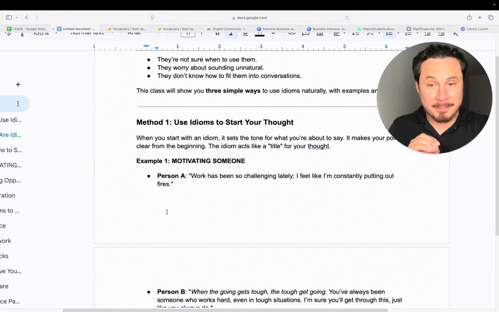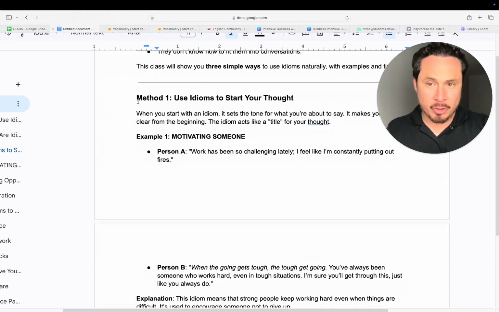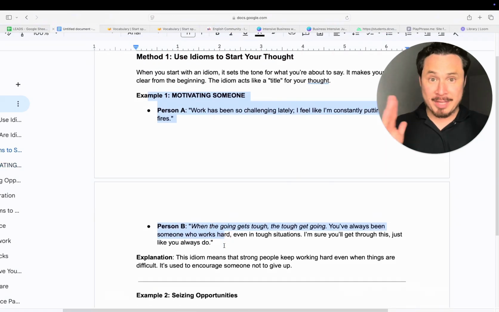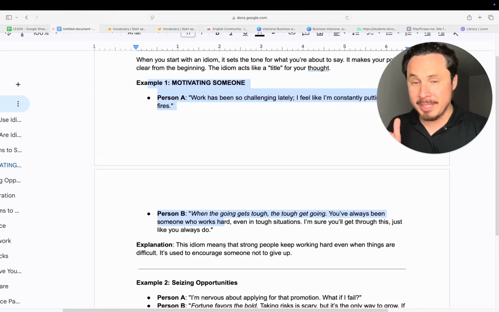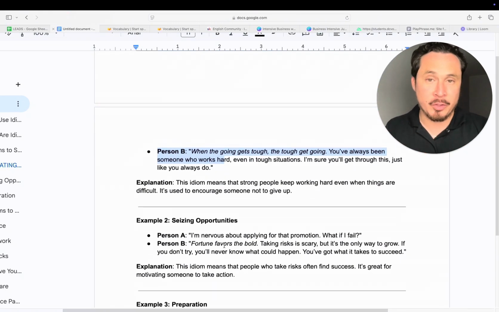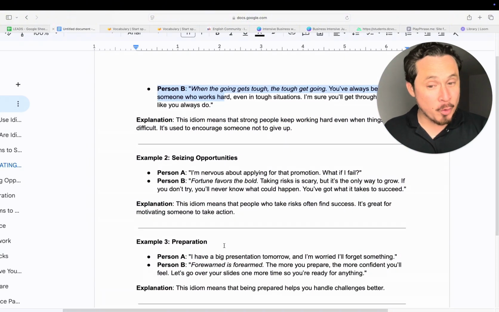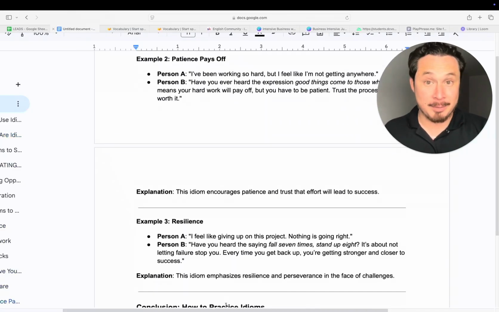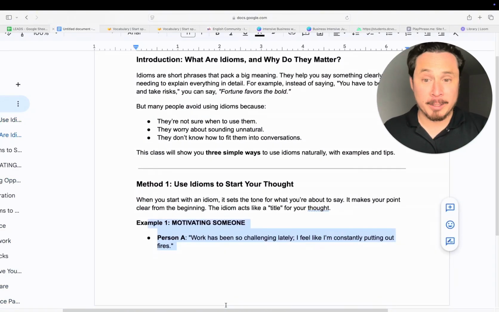Stay till the end because the last method is a secret. And I say a secret because I don't know any English course that is teaching this right now. And a brief overview, I'm going to show you the method, sentence examples, and context with dialogues that will show you how to place the idiom in the right way, in the right order, and how to make it clear what your intentions are when using that idiom. So if you don't stay till the end, you won't be able to enjoy the class. So make sure that you stay till the end, my students, because at the end we do have a secret tip. So, okay, method 1.